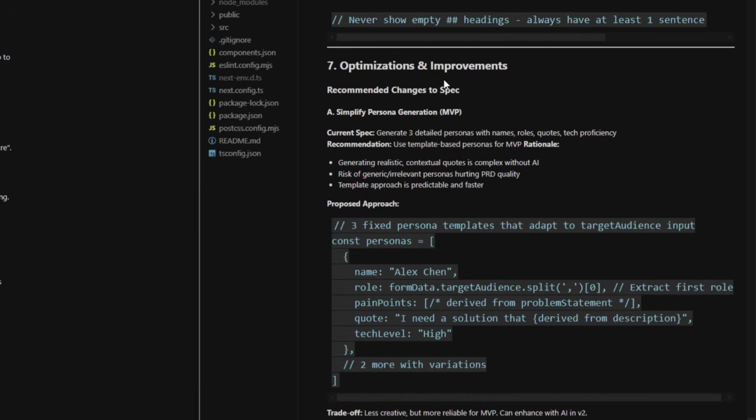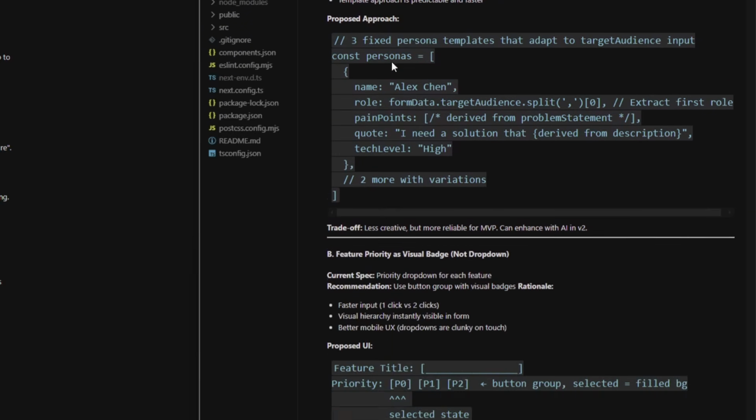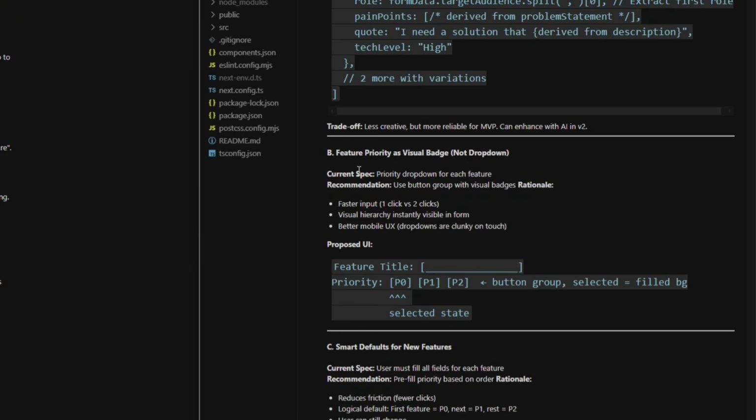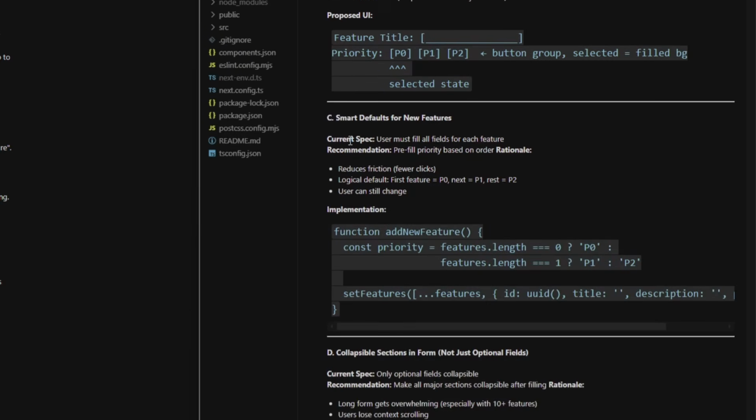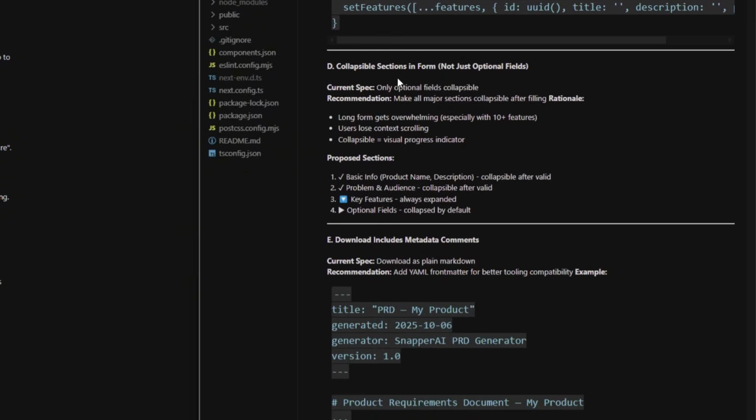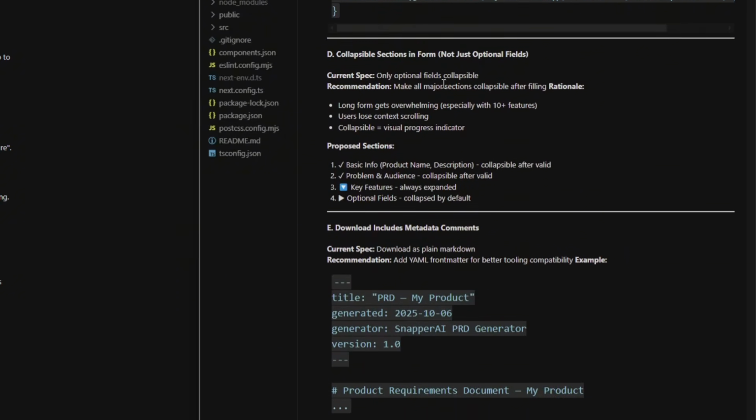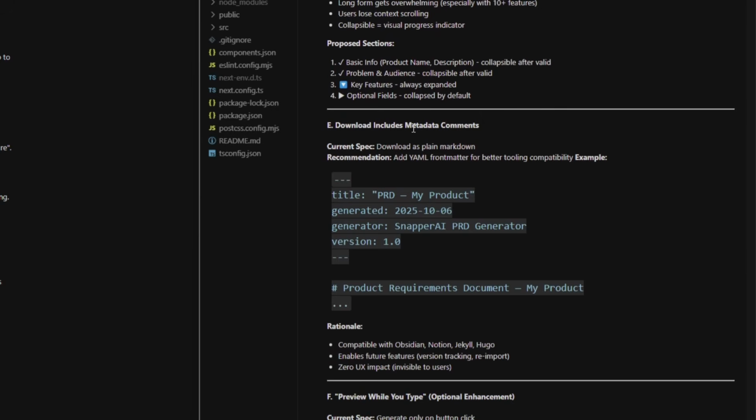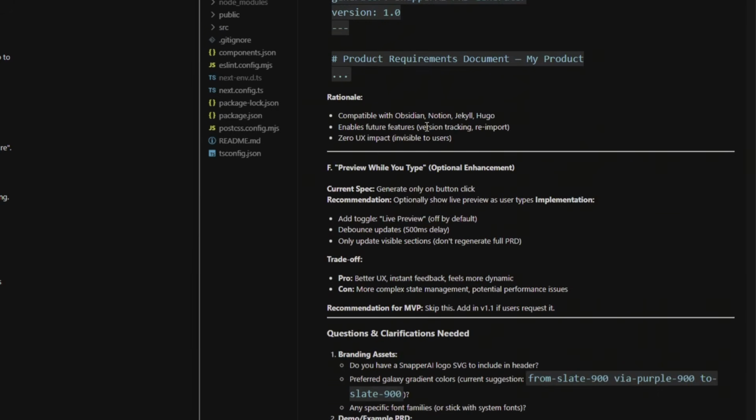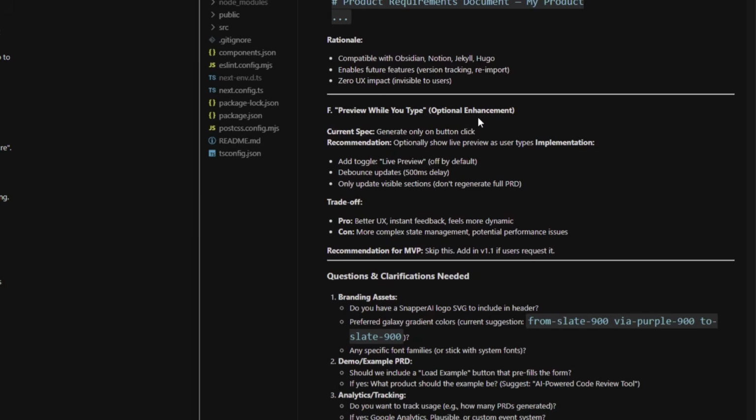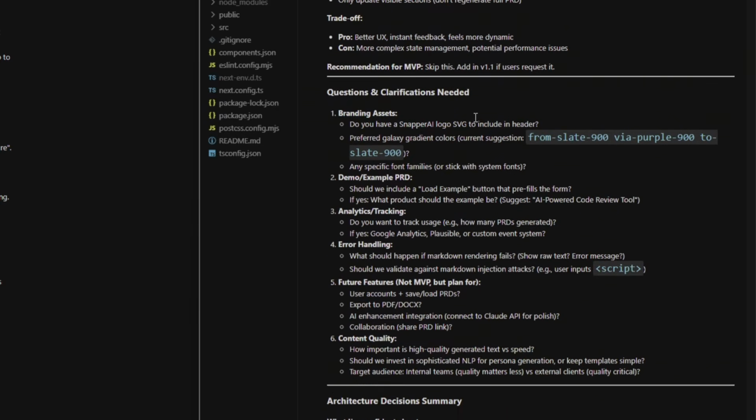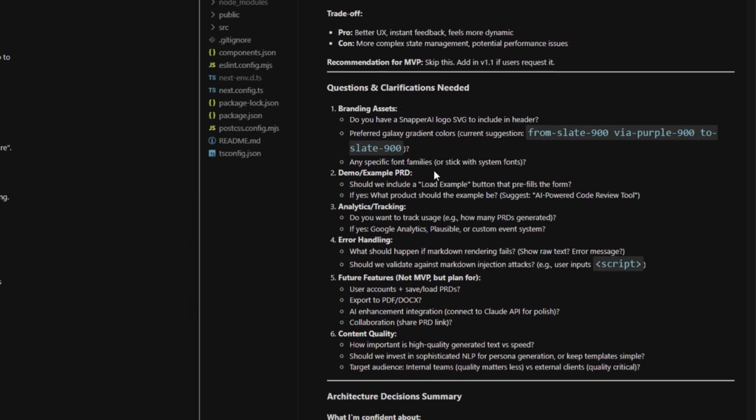It's outlined optimizations and improvements, a simplified persona generation for the MVP. Feature priority is visual badge, not a drop down. Smart defaults for new features. Collapsible sections in form. Download includes metadata comments. Preview while you type is an optional enhancement. And then it's got questions and clarifications. So just on the